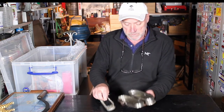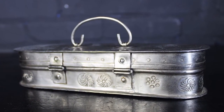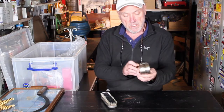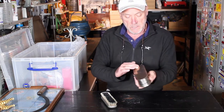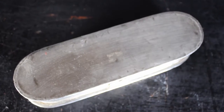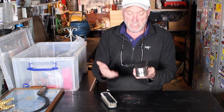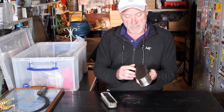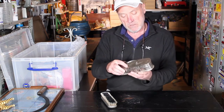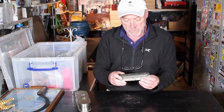Now, more interesting than the tin, which is possibly, again, a Southeast Asian, fairly modern piece by the look of it, is just the condition of it really. There's no maker's mark anywhere. The bottom is very smooth, which, a little tip here, is normally a good indication that it's not too old. Admittedly, it can be polished, but normally you see quite a lot more wear on the base if it's of any great age. So I think this is fairly modern, but what is older is the clothes